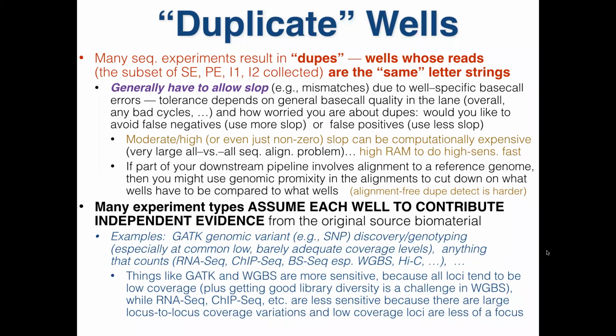So if you're really worried about false positives, then your value tolerance is back down, maybe all the way to that. It kind of just depends on what you're doing. And different downstream applications are more or less sensitive to dupes and so on. And different library preps have orders of magnitude variations in terms of how many groups they make. And sometimes the biology is the question, and it's something you want because it's part of the biology, as opposed to sometimes the dupes are not from the biology, and that's the case we really worry about. But anyway, so yeah, this comparison generally has to allow swap, at least in the general case, and